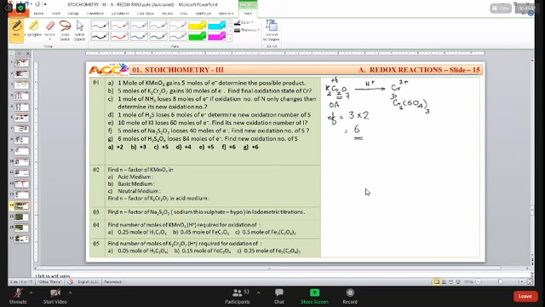Question number 3. Let us please complete. I want some space for question number 3. Complete this question number 2. N factor of K2Cr2O7. Complete this, we'll proceed. I was discussing the valency factor of K2Cr2O7. It is going from plus 6 to plus 3. Plus 6 to plus 3. Change in oxidation state is 3 units. And we have 2 chromium atoms. That is called 6.